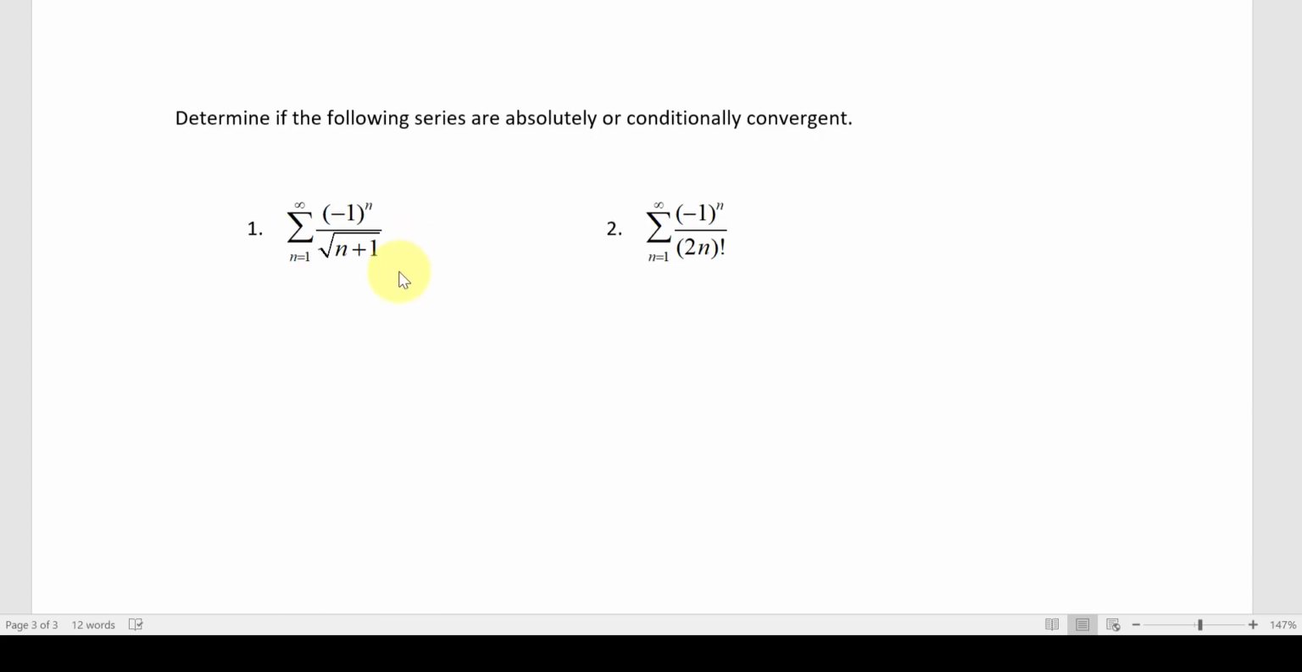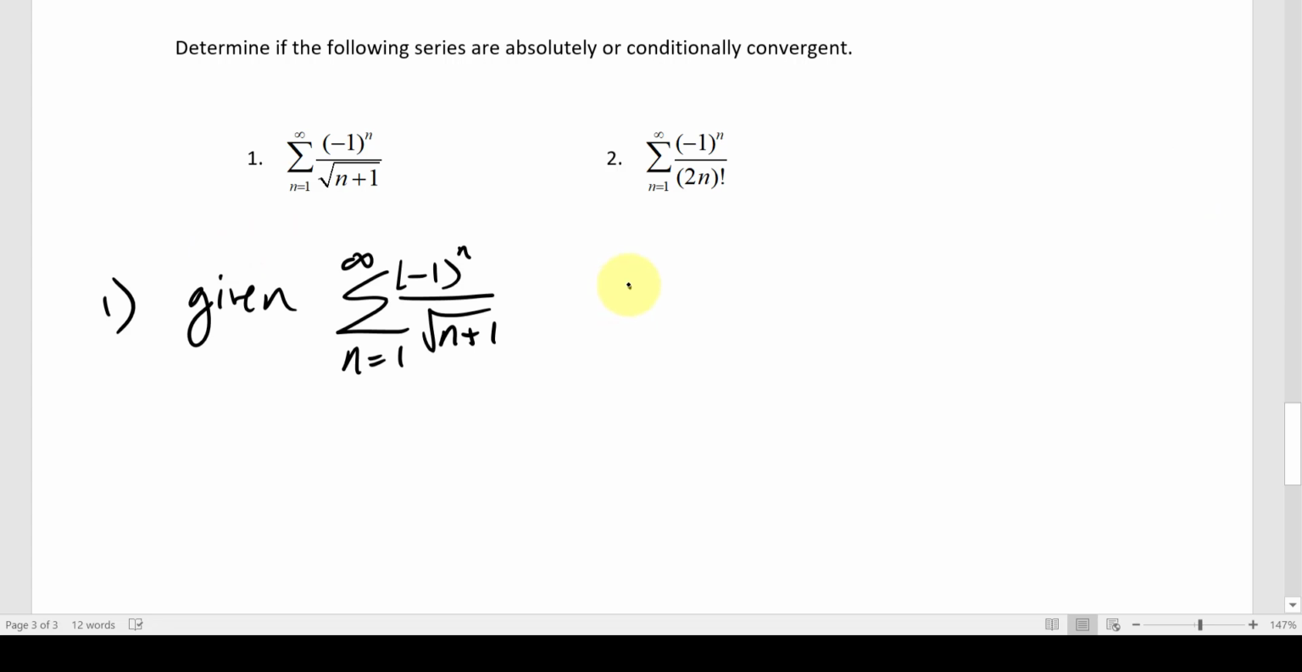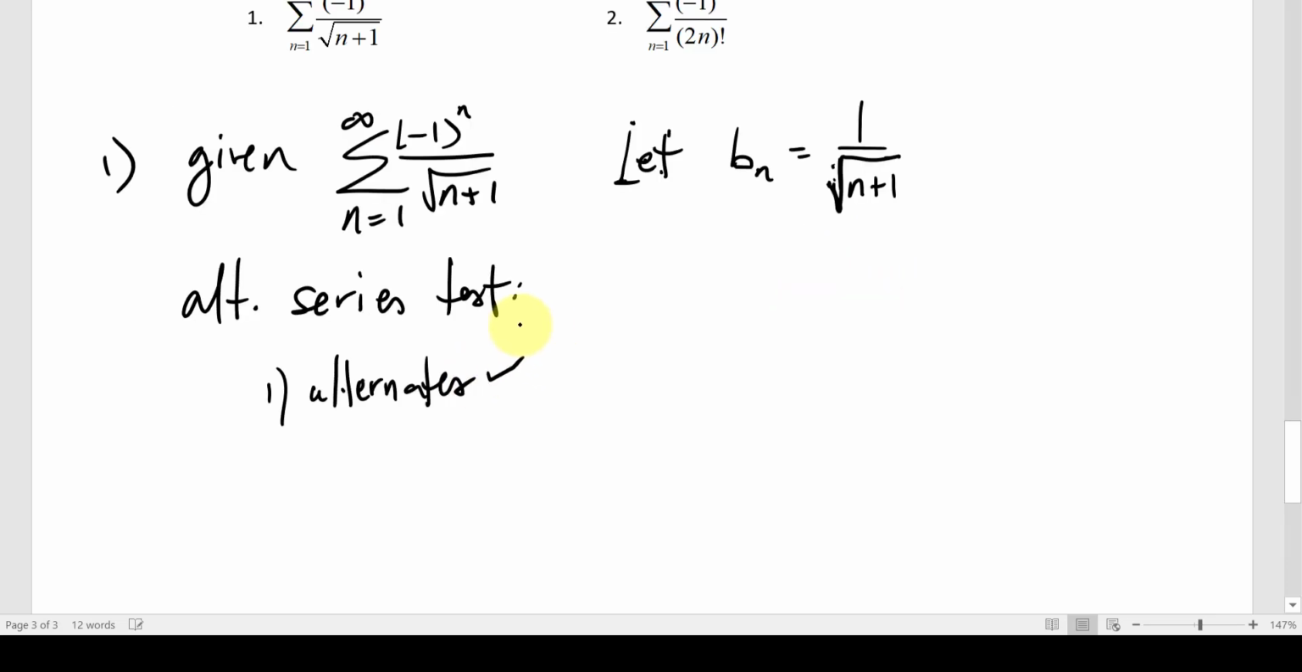Let's take a look at these two examples, and determine whether they are absolutely or conditionally convergent. So number one. I think what we could do here is go through looking at this with the alternating series test. What I do is I say, let b sub n be the absolute value of the terms. So first, yes, it alternates. Number two, with the b sub n's equal to this function,